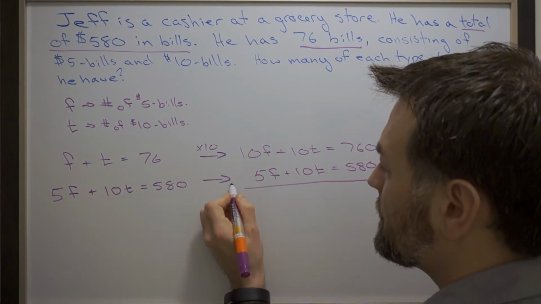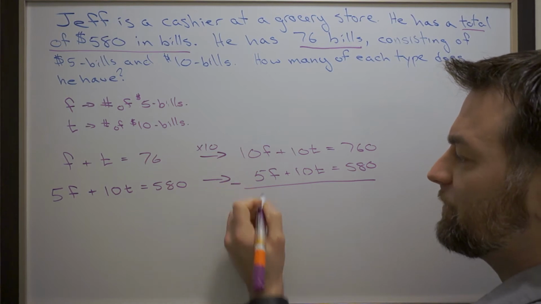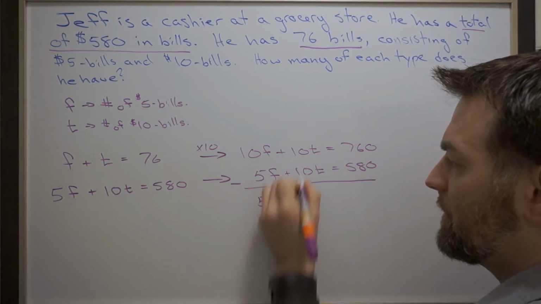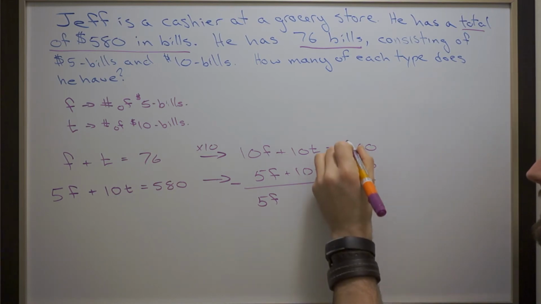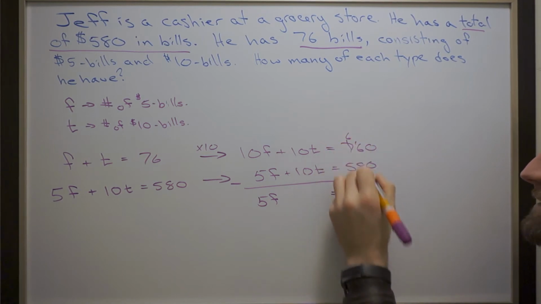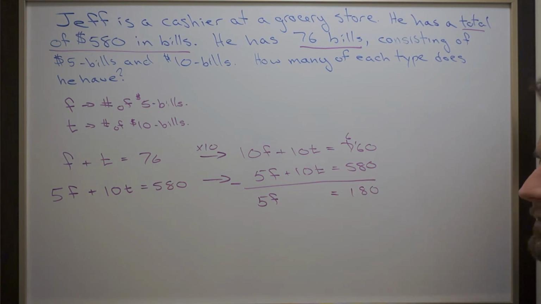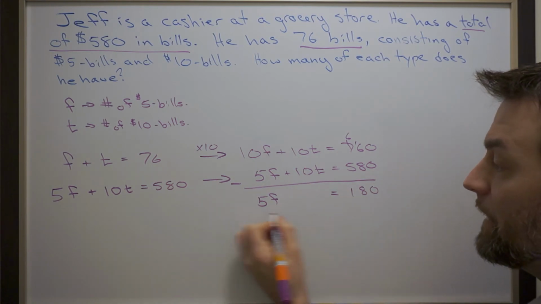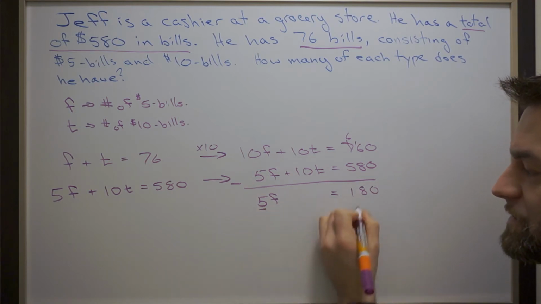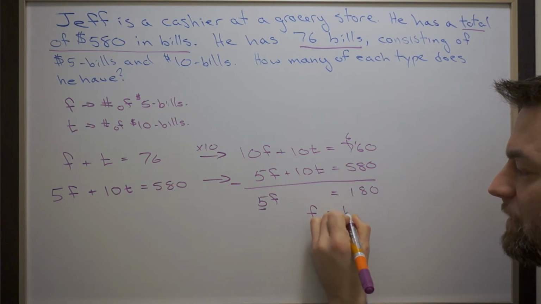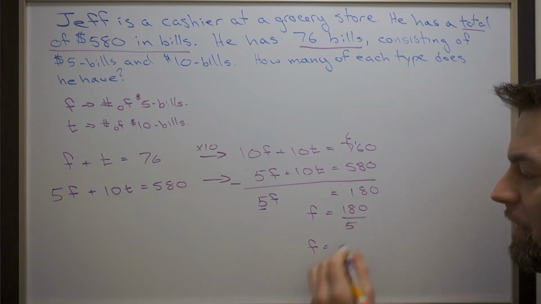Now, I can go about subtracting these two. If I subtract these, it'll get rid of the t's. So 10 minus 5 is 5f. There's no more t's left. 760 minus 580. Borrow from the 7 here. I got 16 minus 8, which is 8, and 6 minus 5 is 1. So 5f equals 180. And now if I go about solving this for f, I just move that 5 over to the other side. It's multiplication here, so the opposite operation is division. 180 divided by 5, f equals